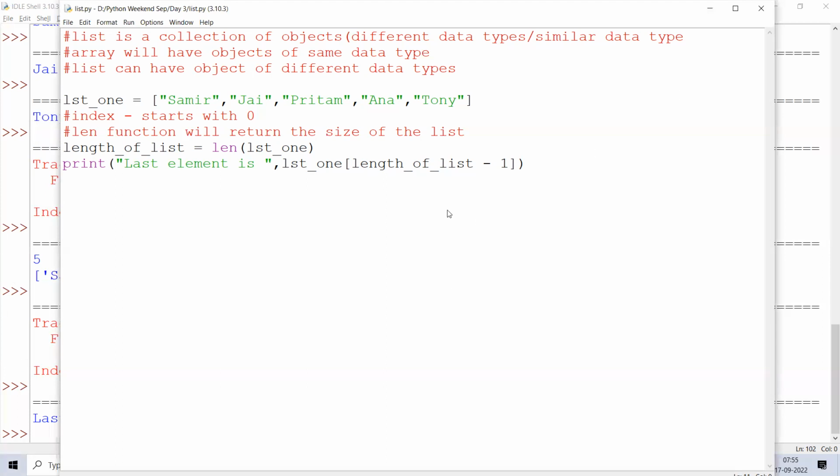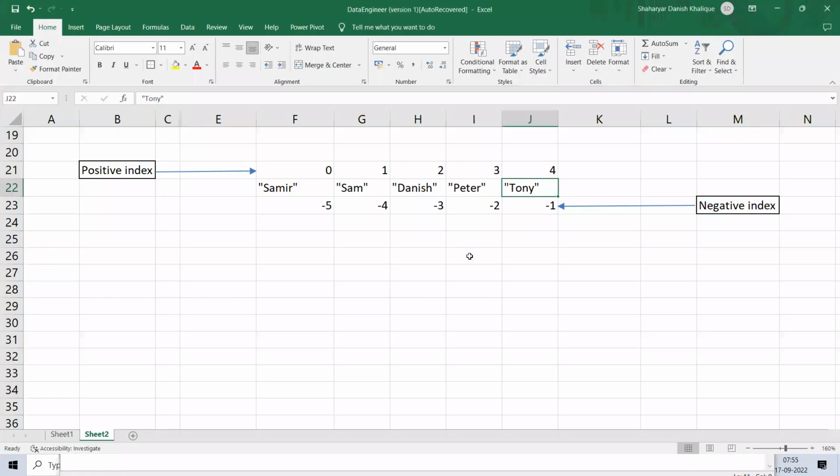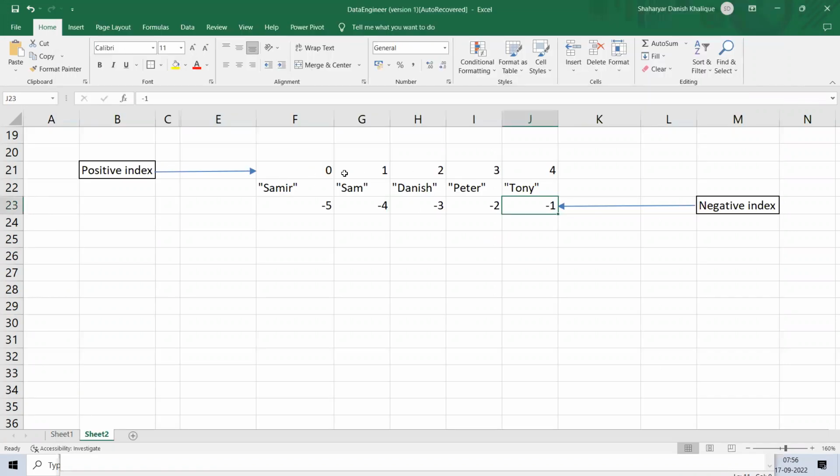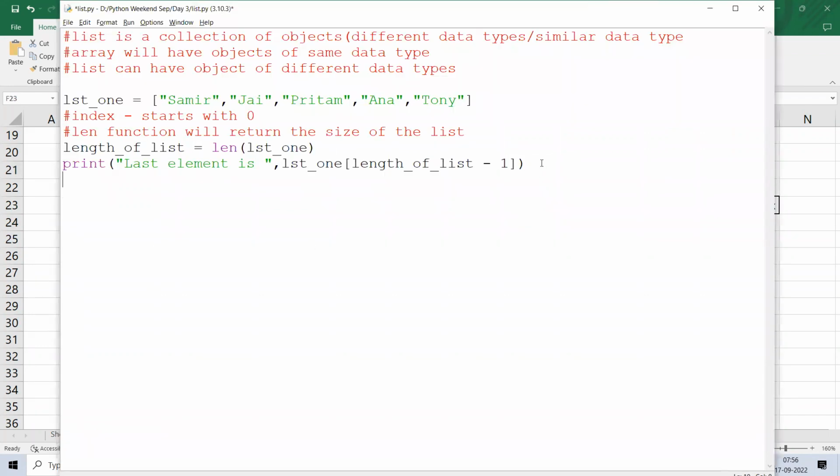Also, in Python, you can access the element using a negative index. Here we saw how we access the last element by using a positive index: if there are 5 elements, we use 4. The negative index starts from -1 at the last element. It will go -1, -2, -3, -4, -5. So if you want to print the last element using a negative index,